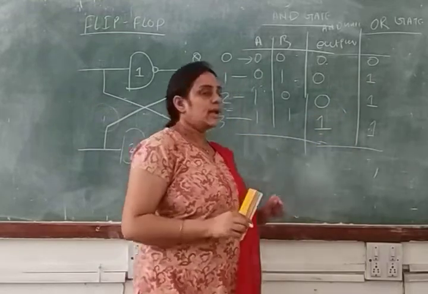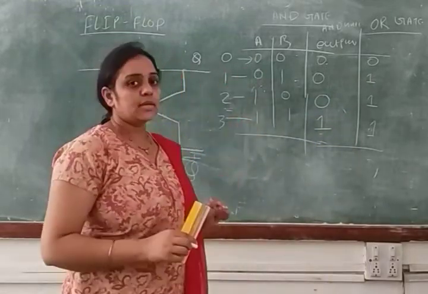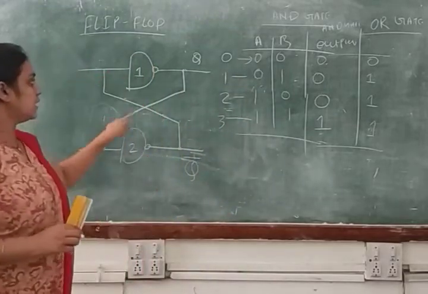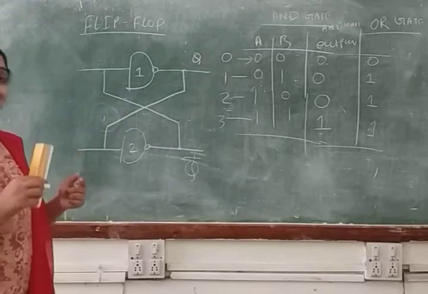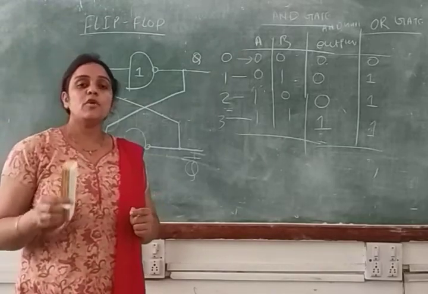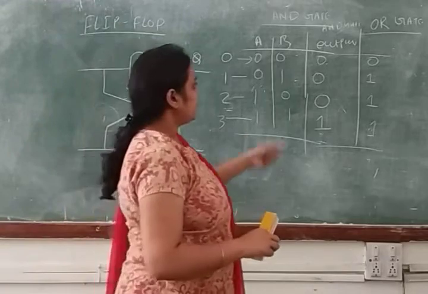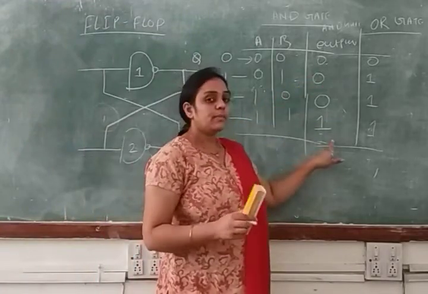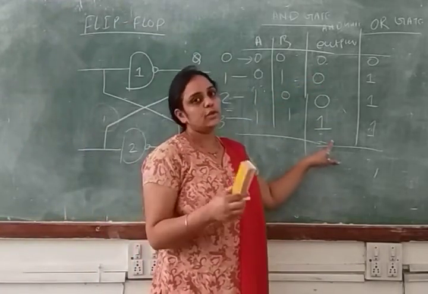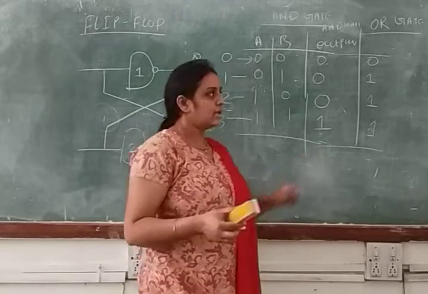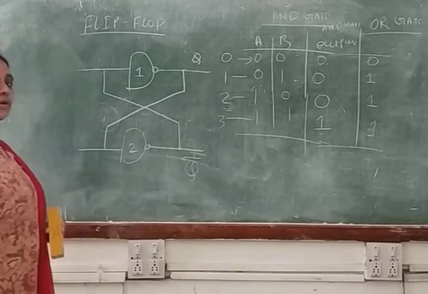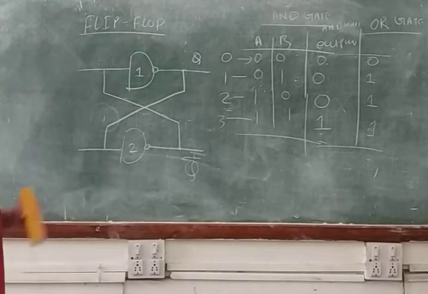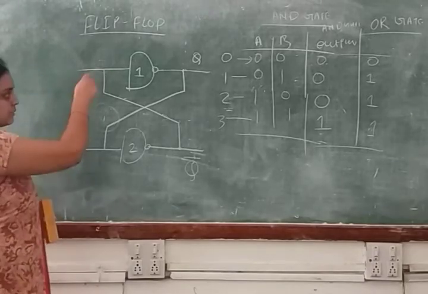Clear? And why am I discussing this? Because in a flip-flop you are using a NAND gate, not an AND gate. The NAND gate is just the complement form of your AND gate. So if you have an output like that, you perform the complement of the output, and then you get the output of the NAND gate. Clear? So here I am making the structure of a cross-coupled inverter, or cross-coupled flip-flop. Now let's see how we will solve this structure.